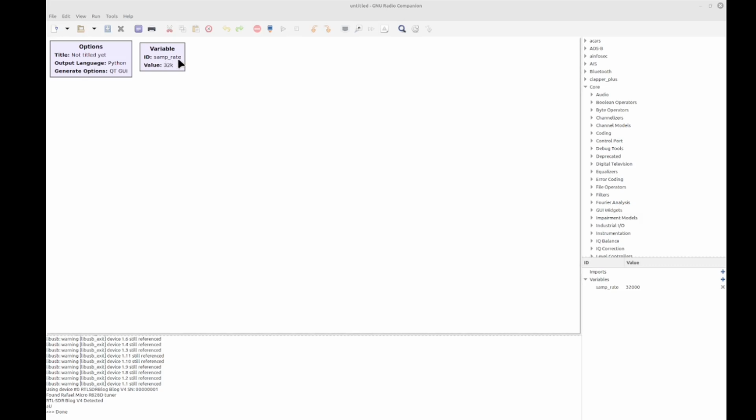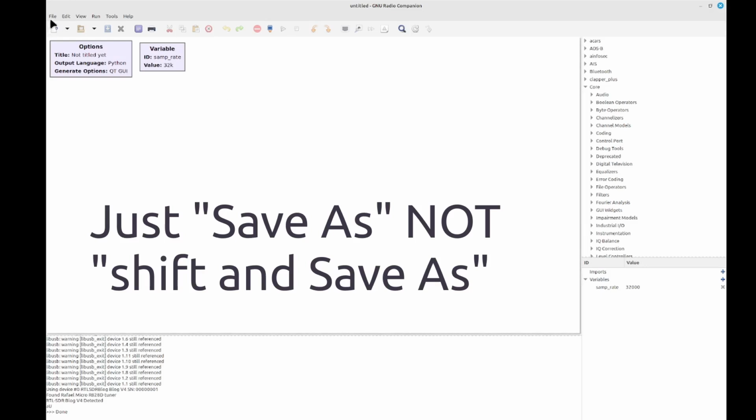That means that's going to be setting the sample rate for most of the flow graph. You can actually set it to whatever you want. This is a default that comes with it, so it's one I'm going to use. For this particular one, the first thing I'm going to do before I do anything else is I'm going to go ahead and do a shift and save as,